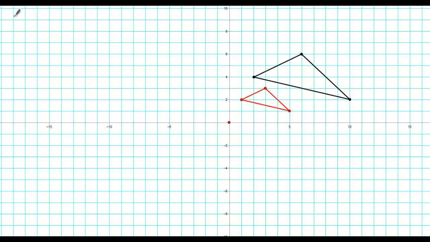Alright, so we're going to talk about dilations and similarity. So dilations and similarity. Now, you probably can tell that we're already in the coordinate plane and I've already got